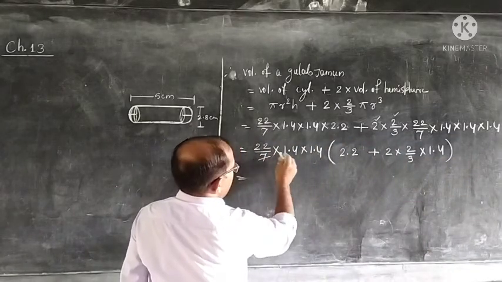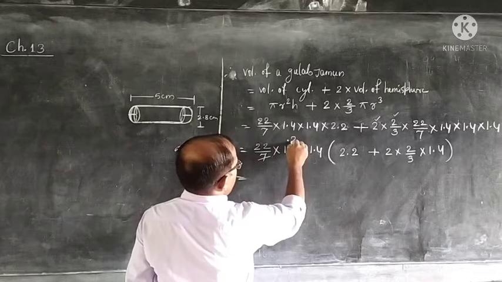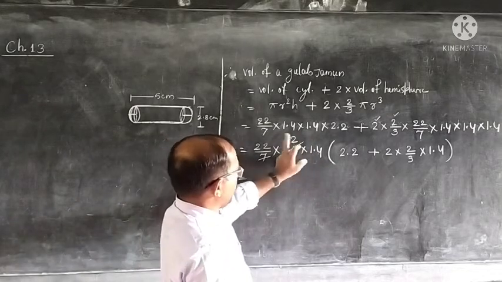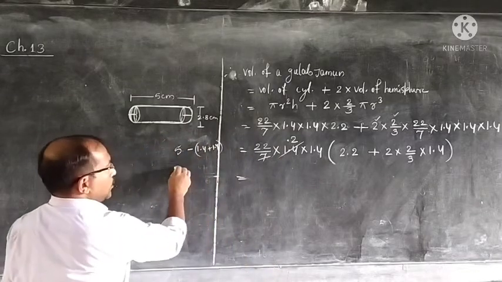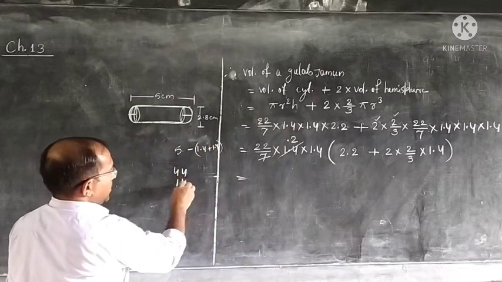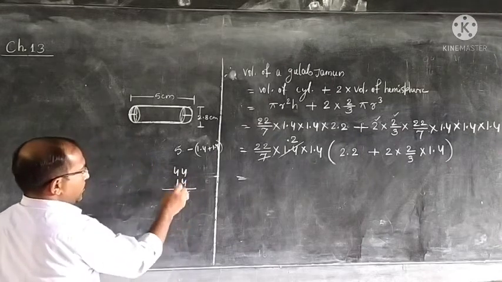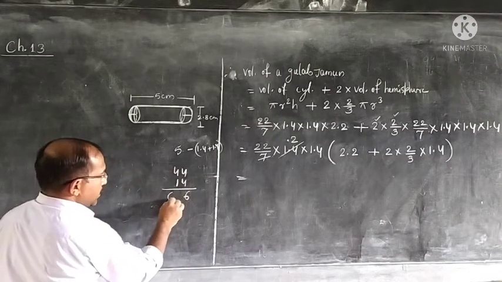We can cut 7 ones are, point will come, 7 twos are. So, 22 into 2, 44 into 14. We do 44 into 14, 56, 14 fours are 56 plus 5, 61,